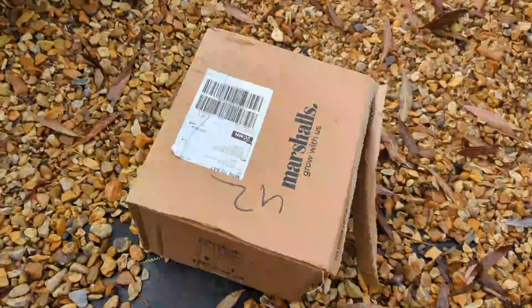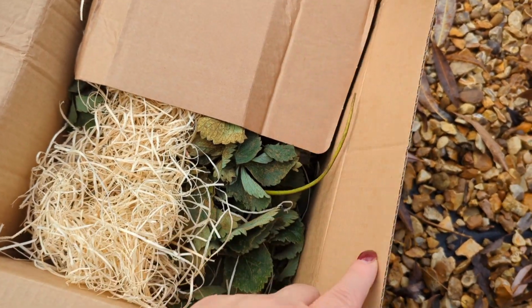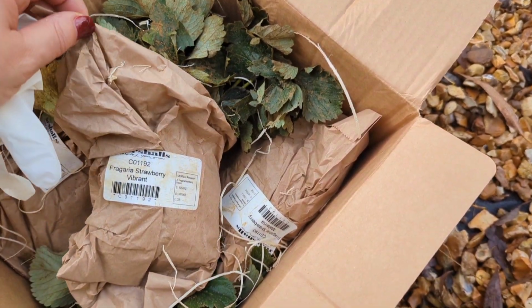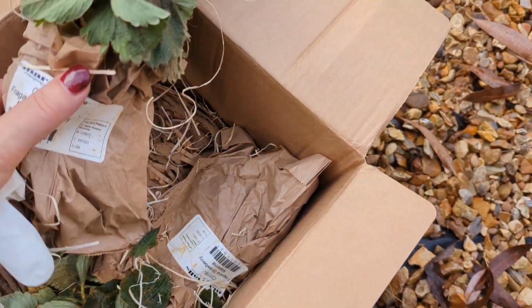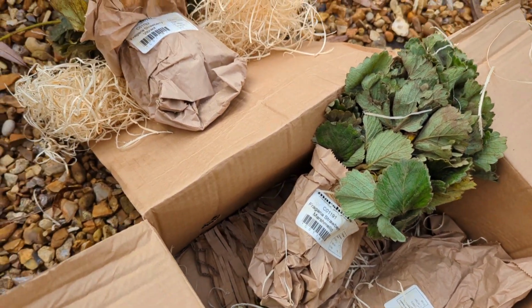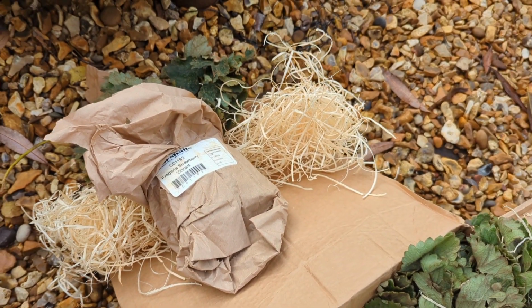We received yesterday from Marshall some strawberry runners I ordered a few days ago, and let me just show you what we got. It was the collection. Actually, it had everything I wanted. On Val's and Bill's recommendation I wanted Marshmallow and Malvina, and here they are. These are mid-season strawberries, Marshmallow and Malvina, and this is an early strawberry, Vibrant, and that carries